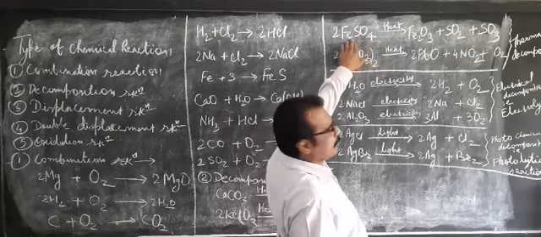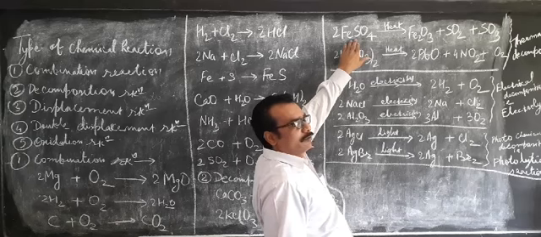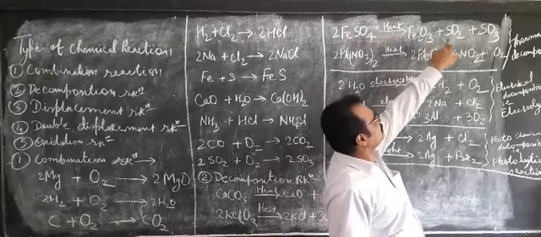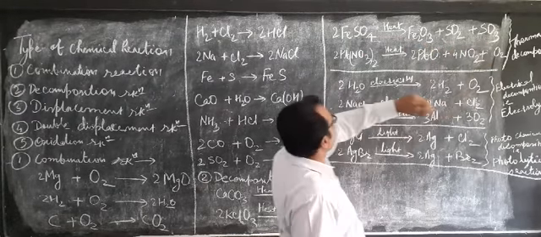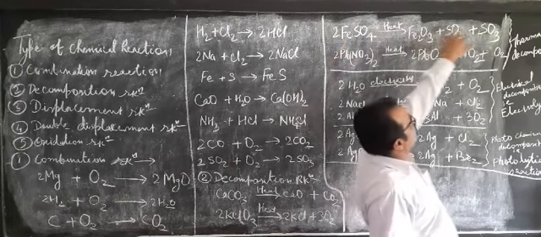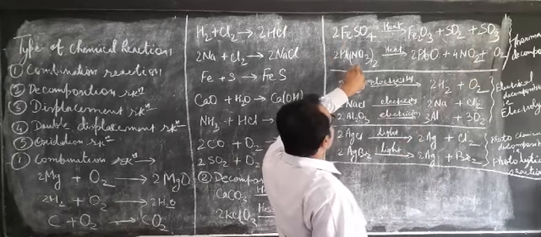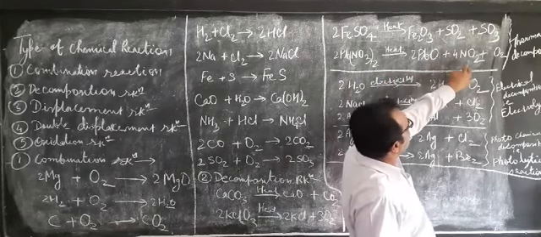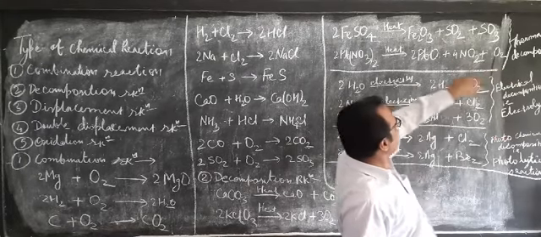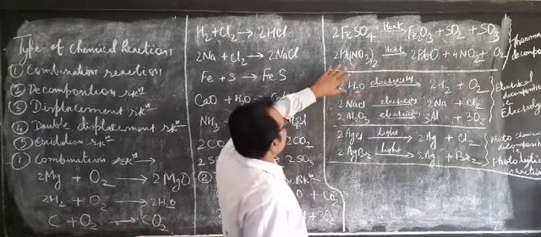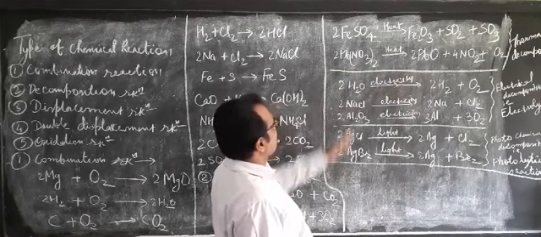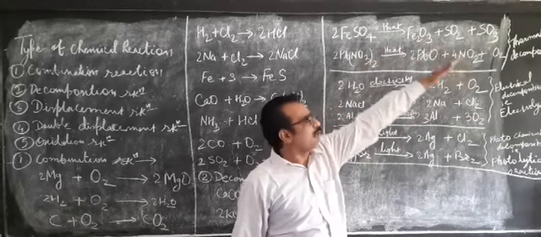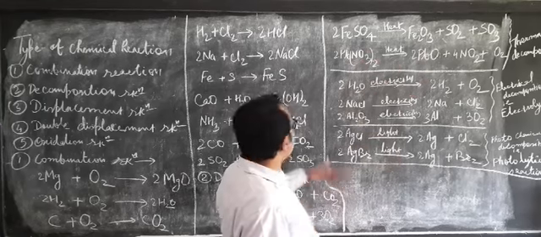Again, take a look at the decomposition of ferrous sulfate. When you heat the ferrous sulfate, it gives you three products: ferric oxide, sulfur dioxide and sulfur trioxide. So one reactant, three products. When you heat the lead nitrate, it gives you again three products: lead oxide, nitrogen dioxide and oxygen. It is called lead monoxide. So lead nitrate got converted into three products. Ferrous sulfate also gets converted into three products. So one reactant gets converted into more than one product. So these are the examples of decomposition reaction.